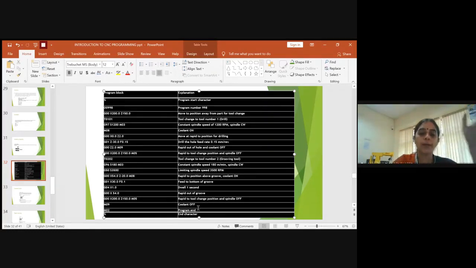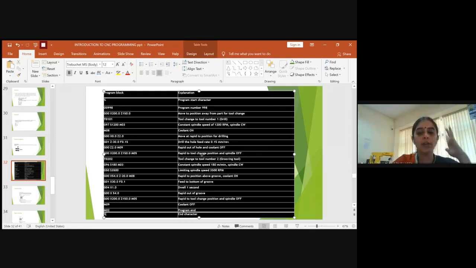So once all the operation is completed, to stop the program immediately, you should type M02. So when you type M02, the program ends. After that, by default, you have to write a percentage value. Okay, this is just a program start character and a program end character. Without putting start and the end character, even though you have written the program properly, it won't run and show the simulation. So always you should be having a starting character and an end character. So this will help in writing the program exactly as required.